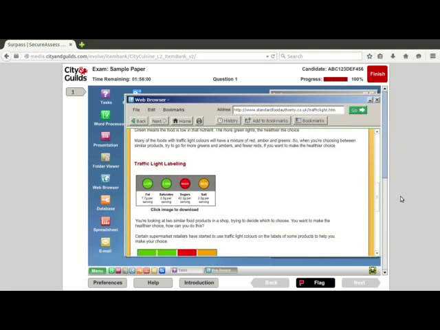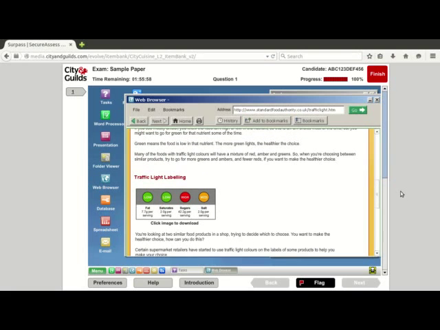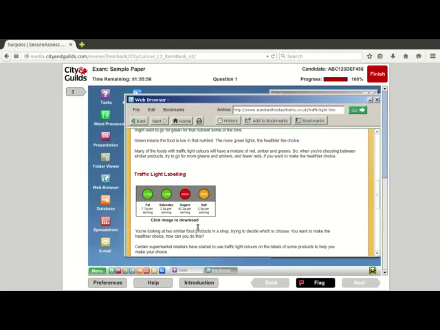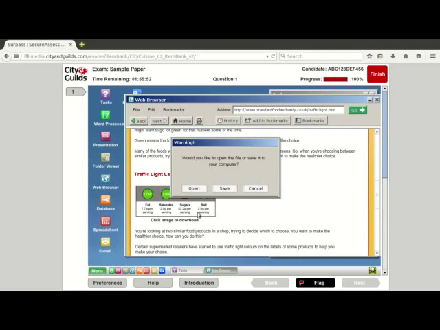And I see my image. Image is right here. So it says click to download. So I press once and then I choose save. Please do not open your file. You need to save it first, and then make sure you save it in a folder that you can remember. Okay? So I'm going to press save now,